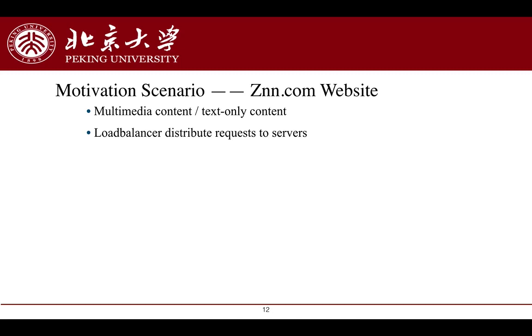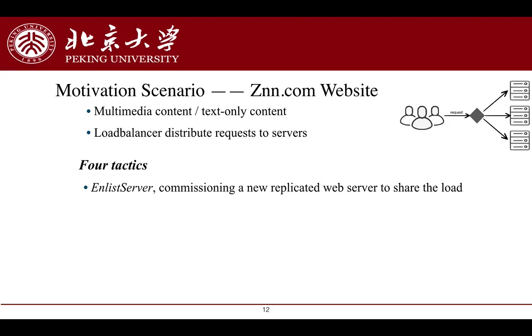In this example, the website servers can provide multimedia content to users, or could show only text content, which requires less computation but less user experience. A load balancer will distribute user requests to a lot of servers. Sometimes, website might experience spikes because of some popular events, such as Donald Trump's new trailer. In this case, the system can activate a new web server to share the load, or provide text-only service to